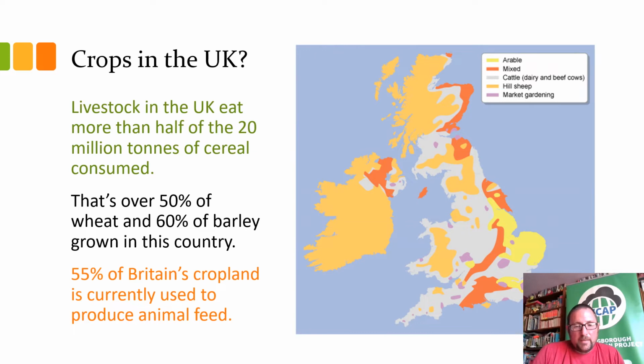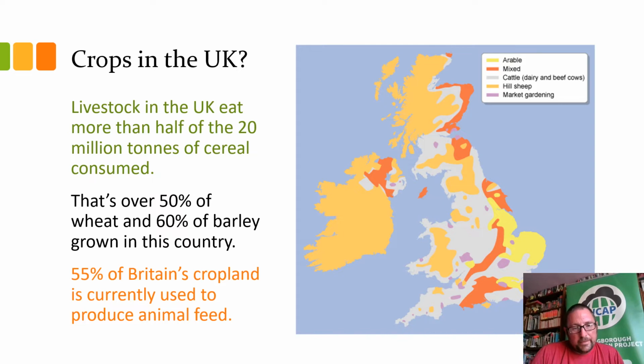As you can see by the map, this is an illustration of where crops are grown in the UK. If you look towards the east, it's mainly arable. If you look towards the Midlands and the west, it's either mixed or it's cattle, i.e. grazing. The drier, calmer weather environment on the east is very good for growing, and also the soils are